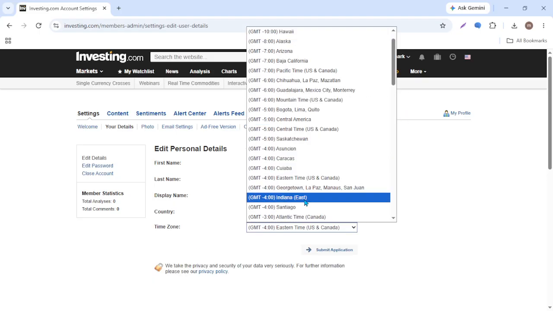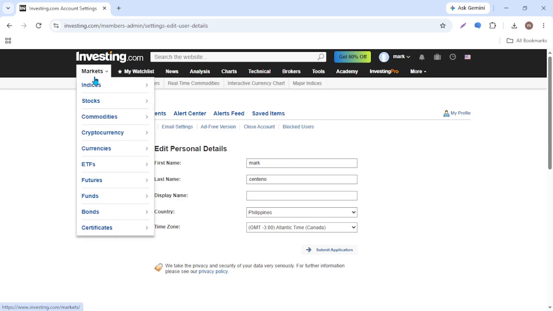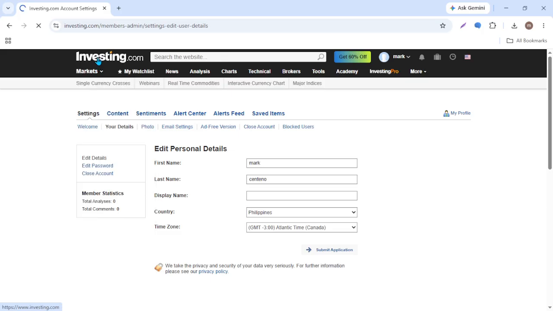Some versions of investing.com automatically save the new setting as soon as you make your selection, so you may not need to confirm it manually. Once the update is complete, return to the economic calendar, market pages, or other sections of the platform that display scheduled events. The event times should now reflect the time zone you selected, making it easier to follow market activity